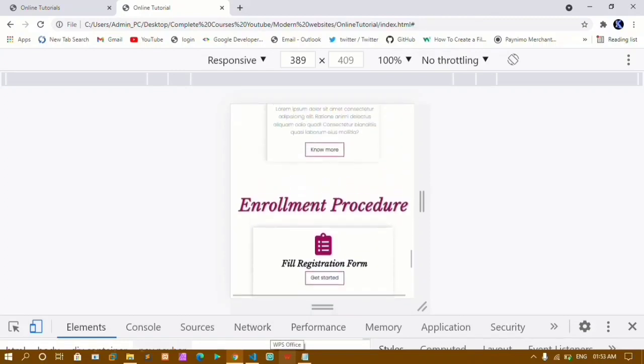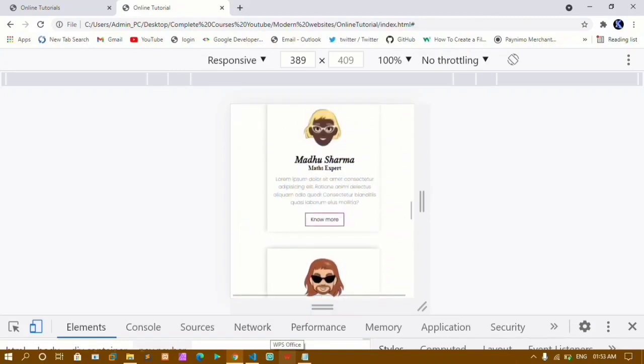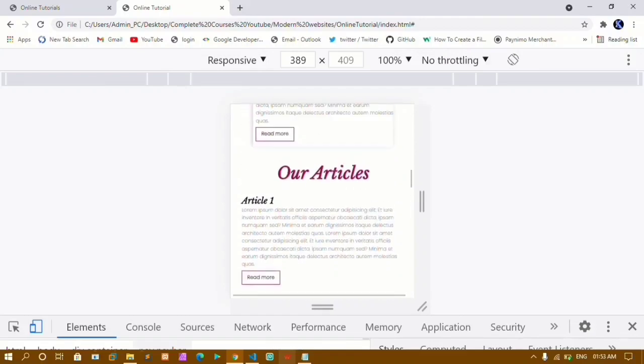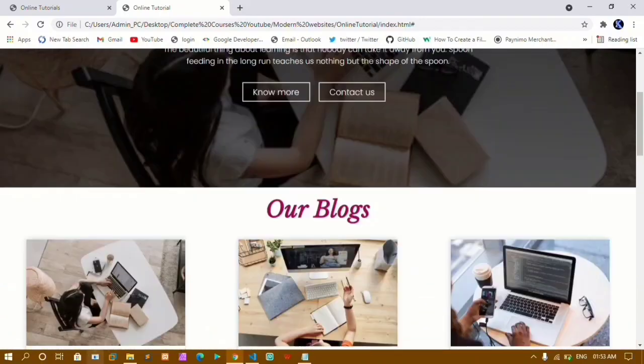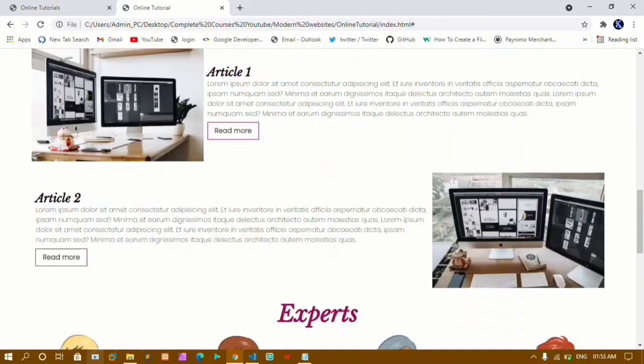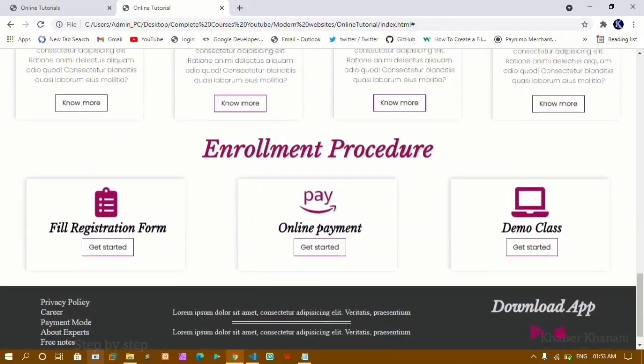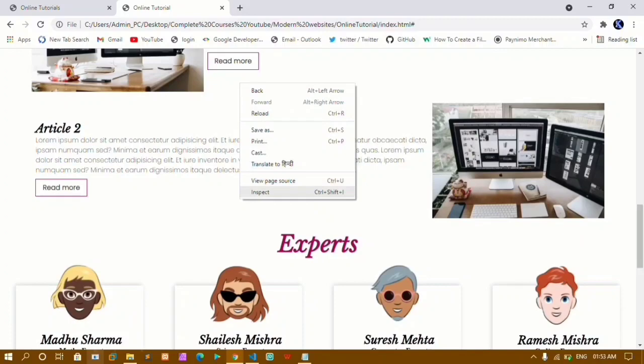Okay, in my smaller screen devices I'm having this output. Okay, if you want, you can just reduce the size of the headings here. And now we are done with styling this website. You can see we are having the sections: our blogs, experts, enrollment, and footer. Okay, if I just inspect this one,